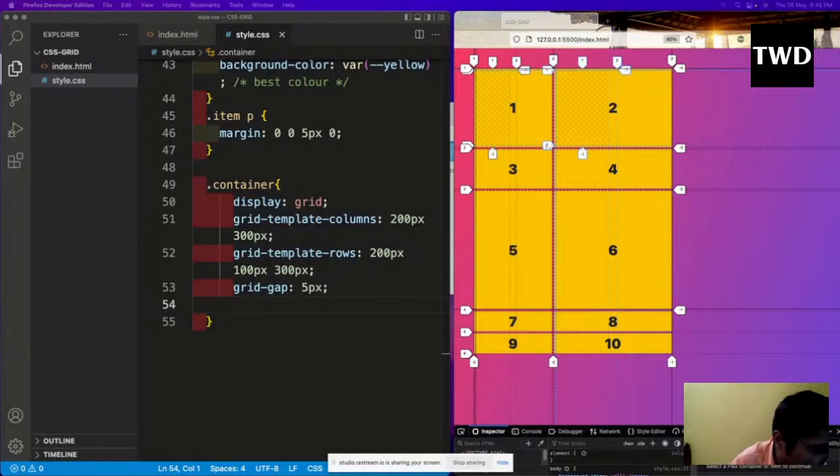We only have three rows because of grid template rows and the remaining rows are implicit because we didn't define them. So as you all can see,